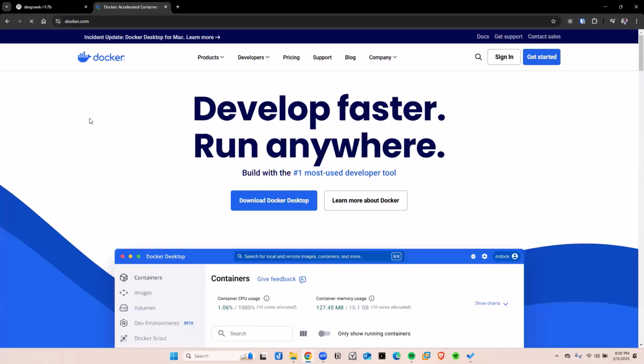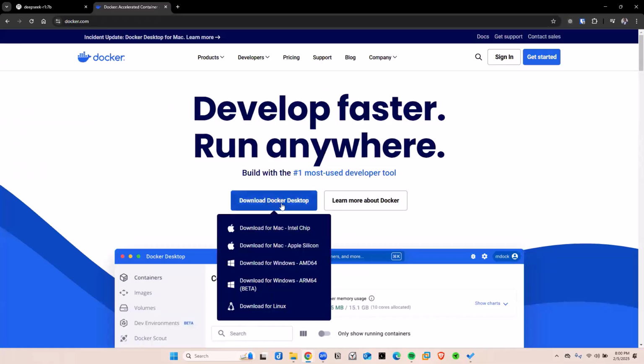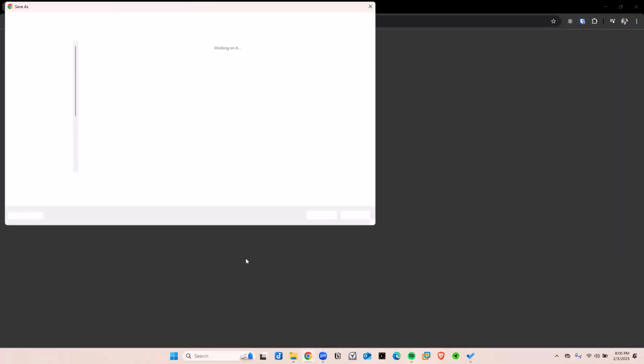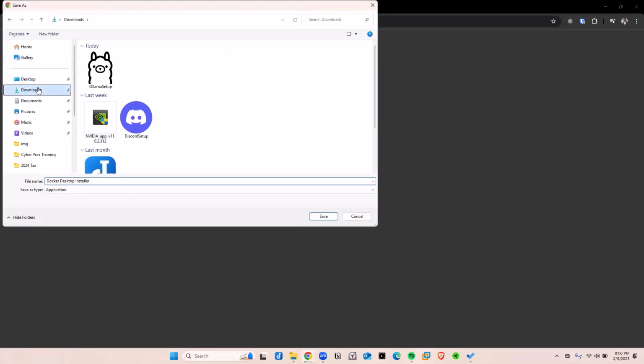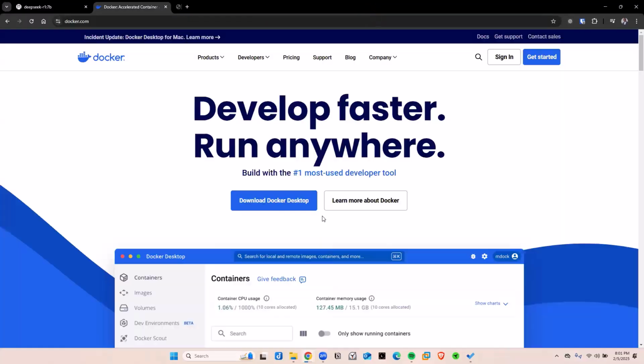Now I'm going to go to Docker's homepage and then I click on the download Docker Desktop or hover over it. Then I pick the operating system that you use. In my case, I'm using Windows, specifically the AMD Windows. And I click on that. Then I'm going to save the installer to the desktop as well, and then let the Docker